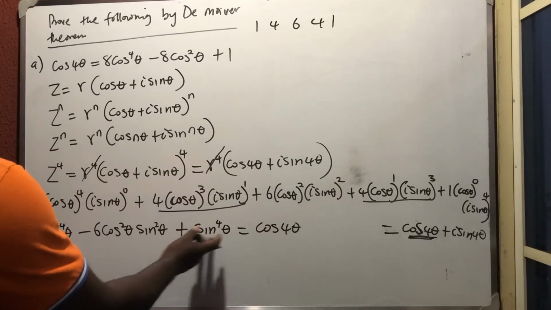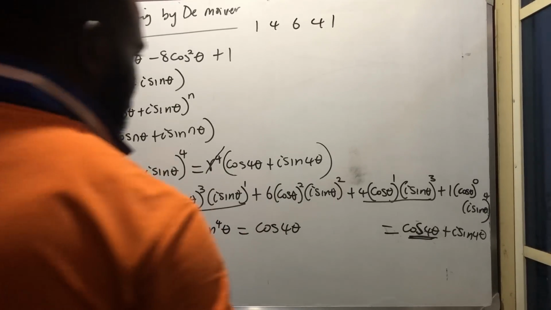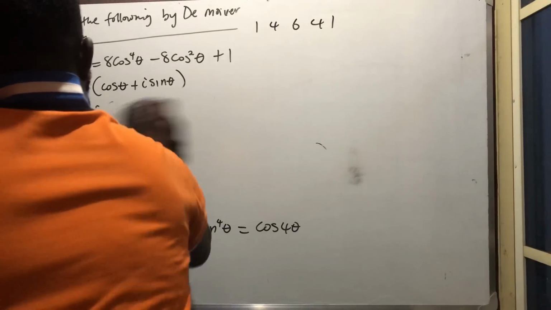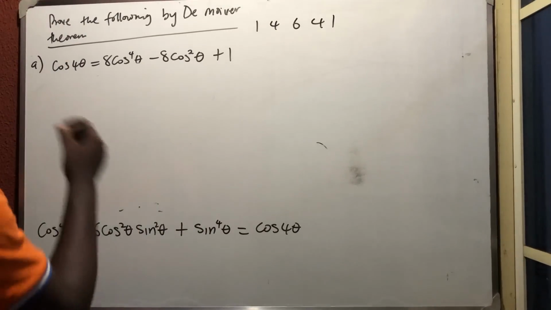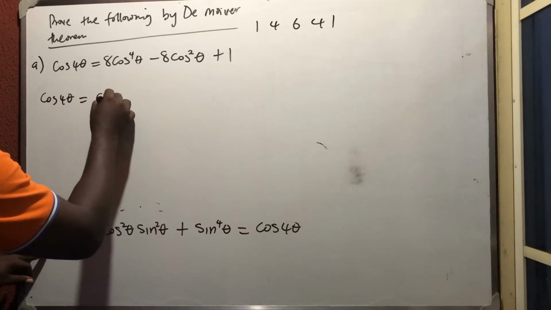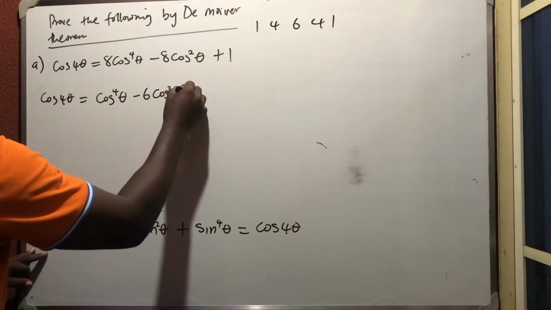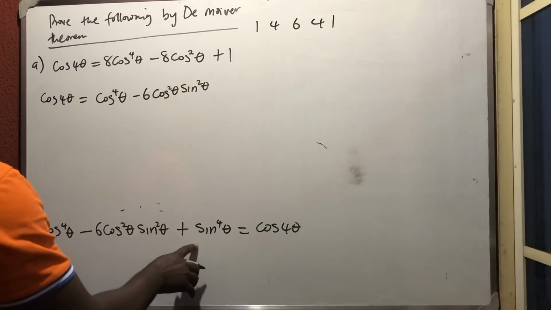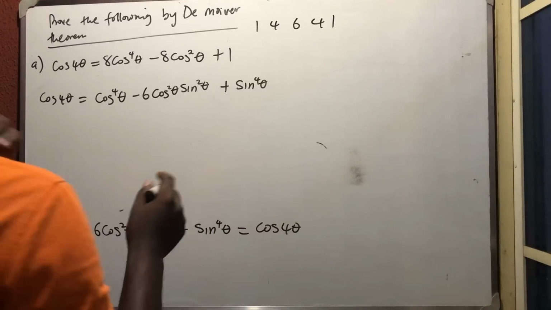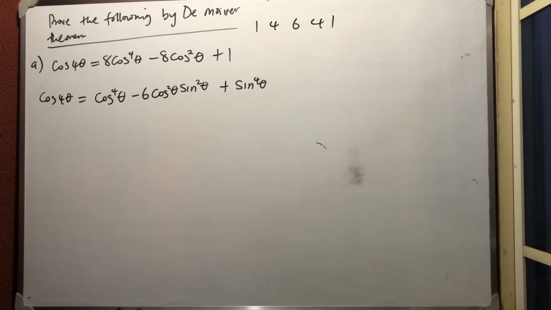So I want to work on this place. This is my main job. So permit me to clean up here so that I can get to my main job. So my main job is now to say that, let me write this first, that cos 4 theta is equal to cos^4 theta minus 6 cos square theta sine square theta plus sine^4 theta. So that is that. Now, but in their own, there is nothing like sine there. So let us now work with